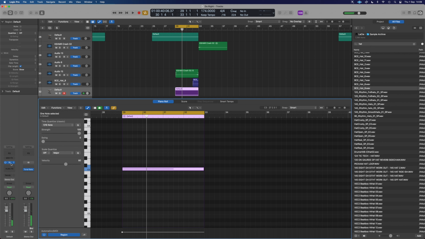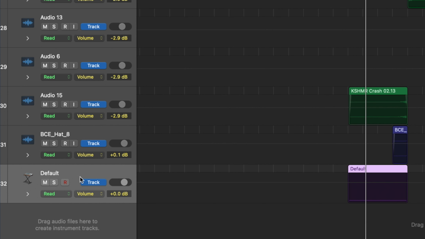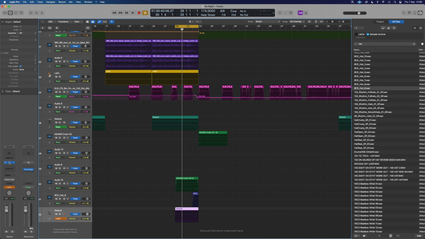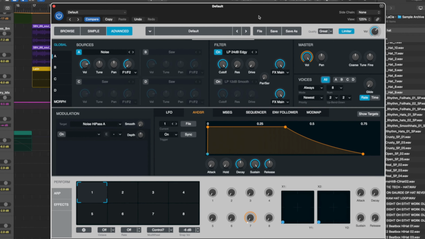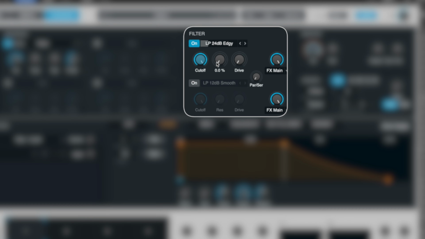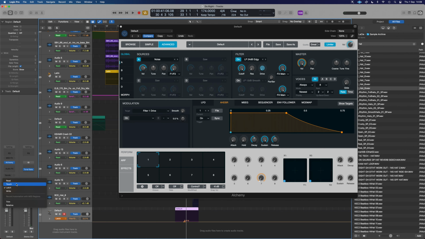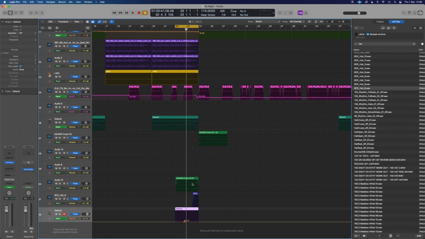Mess. What we want to do is then be able to automate. The way I like to do it is just to take this off of read, put it on latch, open up Alchemy, and I'll just tweak all 3 parameters while latch is on, and as you can see they now all latch down there, which gives me a little bit of read data,